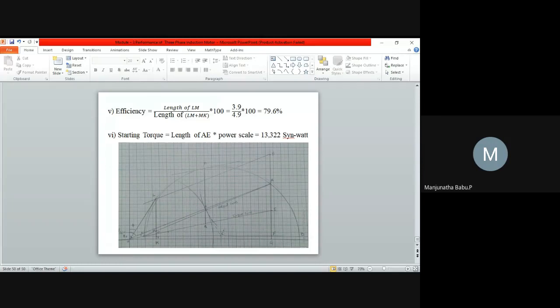Any doubts? So please try to solve some more numericals. I have around 4 numericals. I'll paste them in the Google Classroom. So you can go through that. It is not this much of a long procedure. To understand, we have done it like this. As per my calculation, I have done it within 1 page. So I'll share this video also, and you can go through those other numericals.